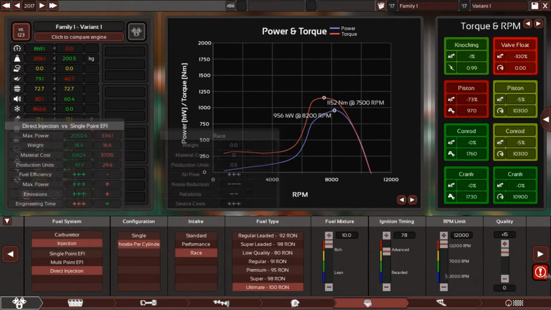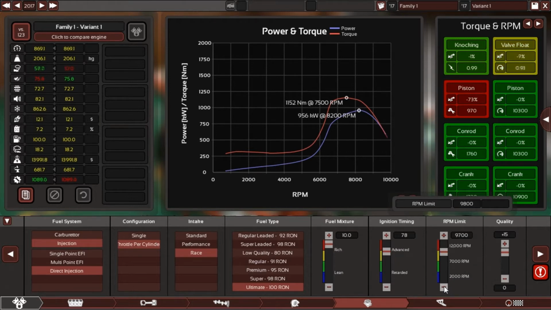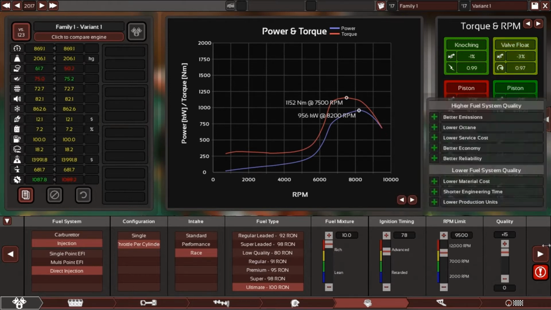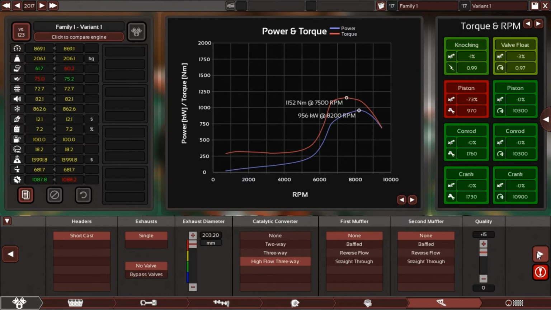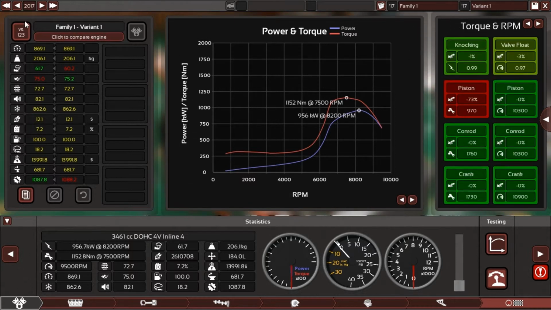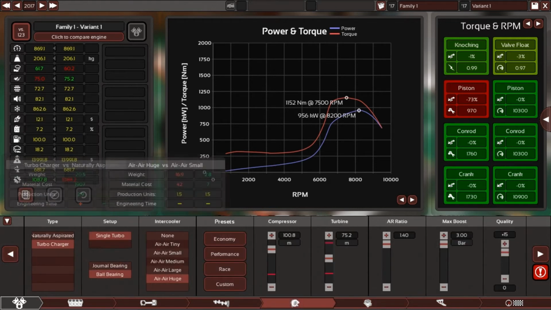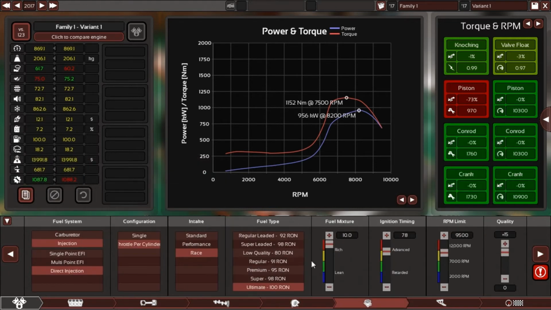So I'll just set the red line to 9.5, but this is pretty damn cool, just as it is. I mean, the Key Engine version, this absolutely just shits on it. There's no other way to go about it. It's a bit tricky to get used to, but this is just brilliant. Oh, it's 3.4 liters, but